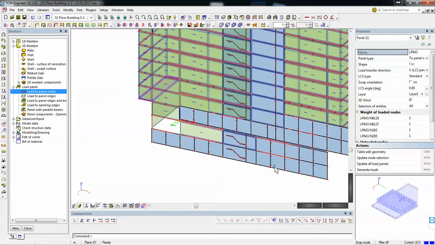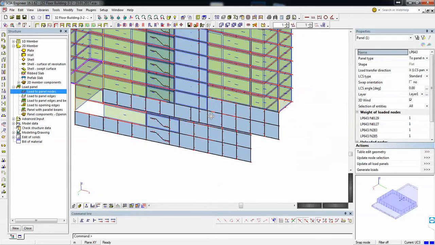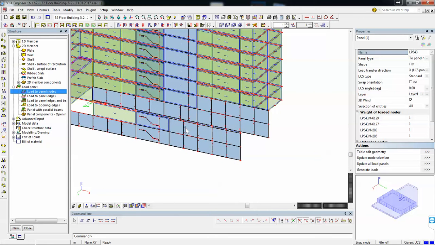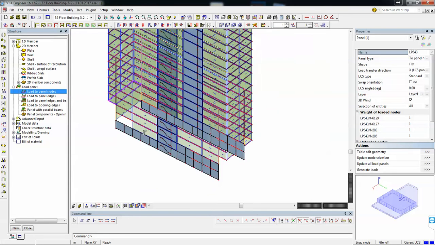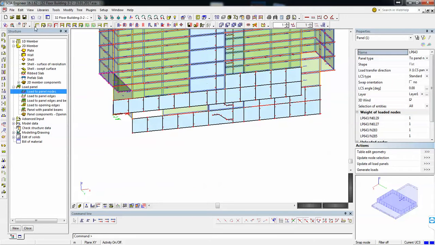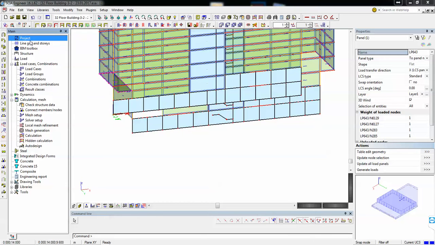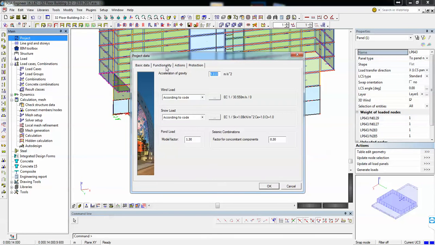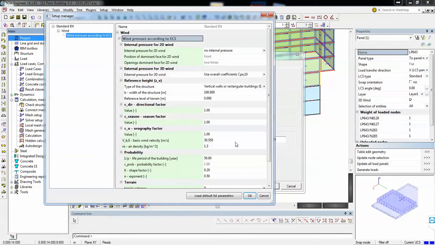Because this one is in the ground. Yes, I will say that it is in the soil. So I understand and I agree with you. So this is why we assume. Yes, but this is how we do it here.